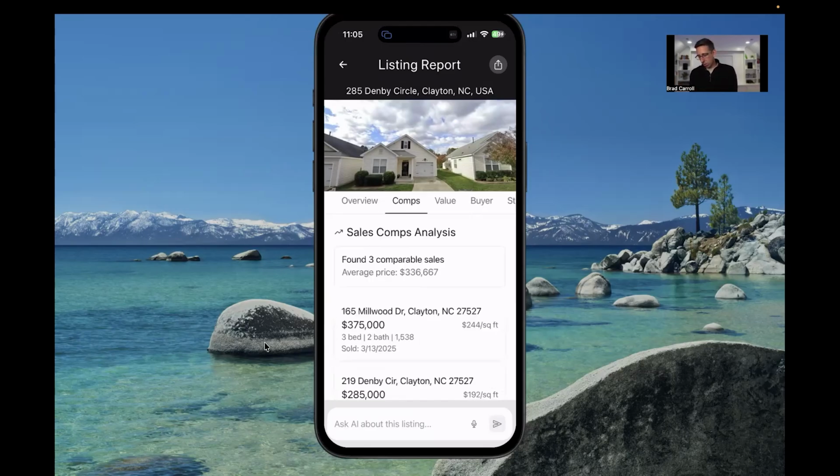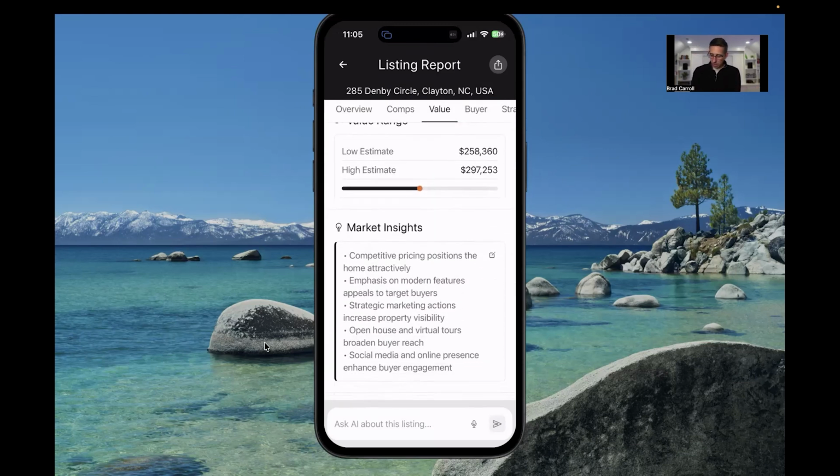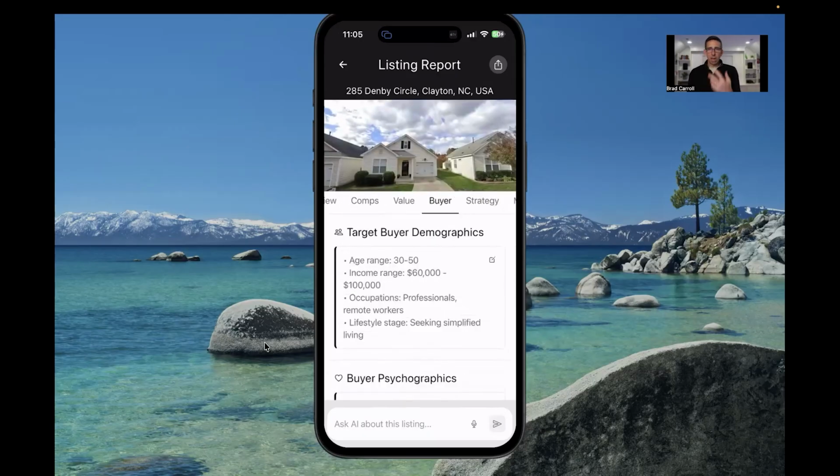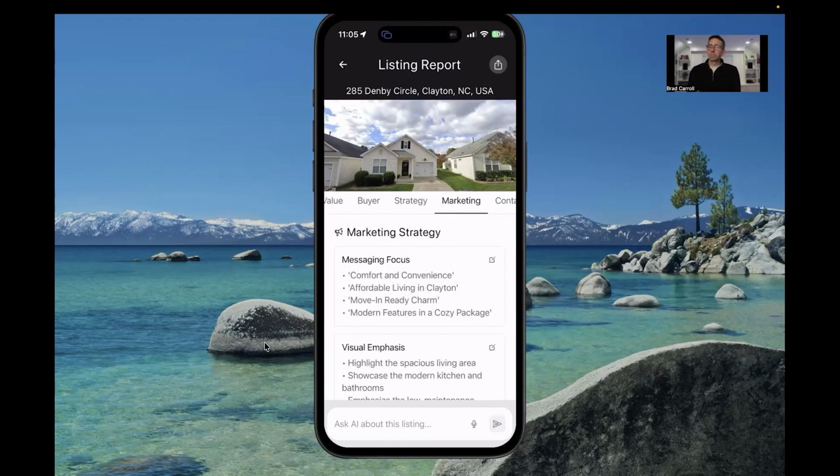Well, yes, you can go through and look at all the comps and do an assessment of value and look at comparables and market insights and think about who the perfect buyer is, and review the strategy and all that. But the reality is, again, that you're probably going to be out and about, or someplace where you're on the go, and you may not be in a position where you can stare at your phone, such as while you're driving, right? The last thing we want people to do is try to use their phone in their car. So when you see this button at the bottom that says Ask AI about this listing, if I tap on that,